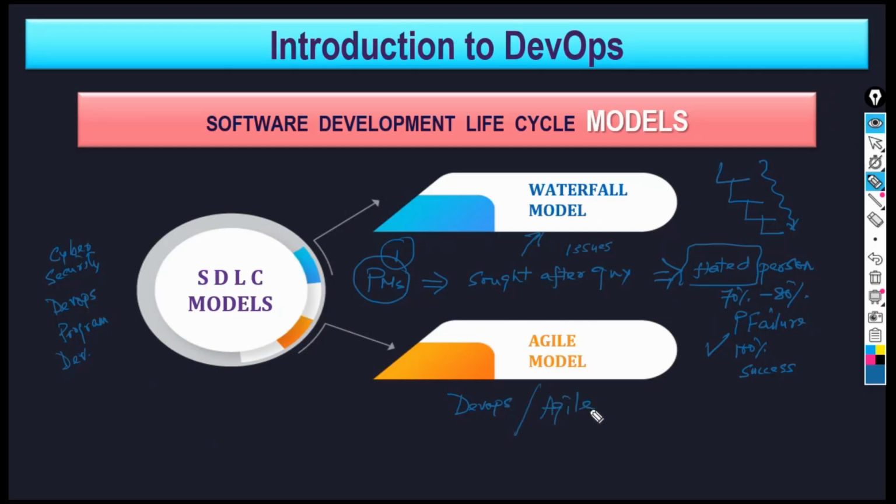You can say this is the hen, or this is the egg. You cannot distinguish whether the egg is first or the hen is first, whether Agile came first or DevOps came first. Both came together. They complement each other. Without DevOps, there is no Agile. Without Agile, there is no DevOps. So this is the accepted model now. Why? Because of the simple reason that you do not need a project manager in an Agile model.